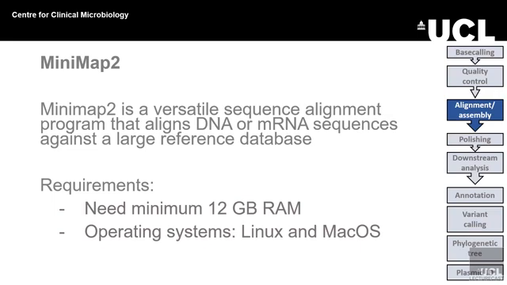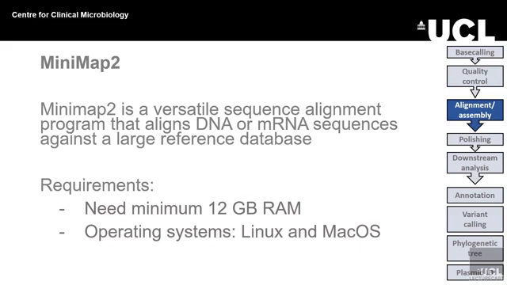If you think about how it works, it's basically doing hundreds of different things all at once. It's got a reference genome, and it's taking all of your FASTQ files and trying to place them into the right place within the jigsaw that is that genome. I think most standard laptops are about 8, so you might need to invest in a more high-powered computer, or there are cloud-based options as well. And you can use Linux or Mac to